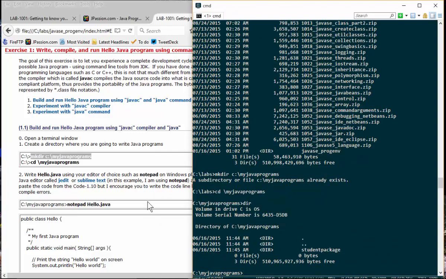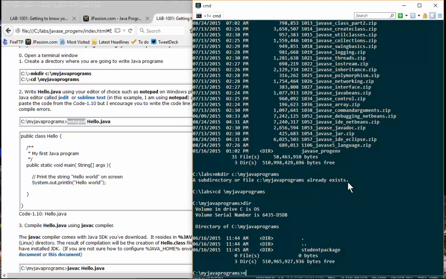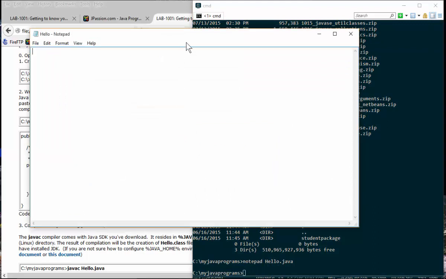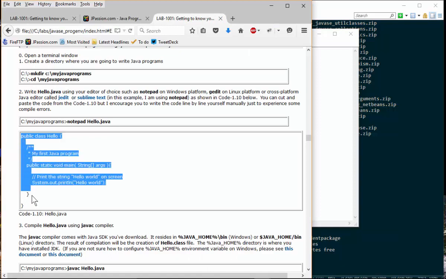Okay, so here I am going to use an editor of choice. I'm going to actually just use Notepad because that's what comes with Windows. So I'm going to just say notepad, and the name of the source file is hello.java. Okay, I'm going to create it, and at this point you just want to copy this from your lab